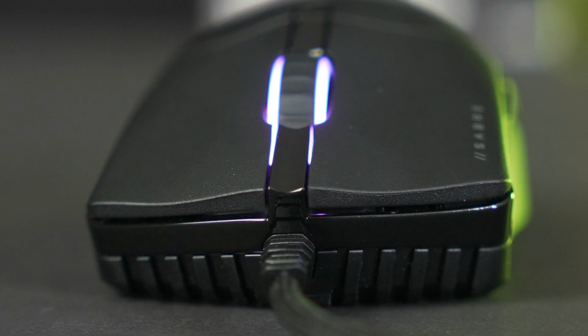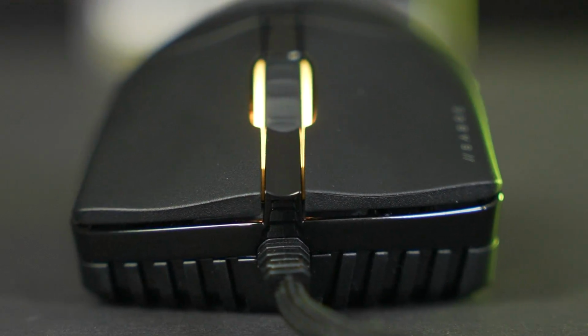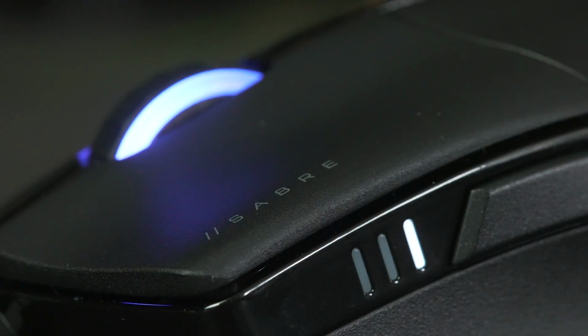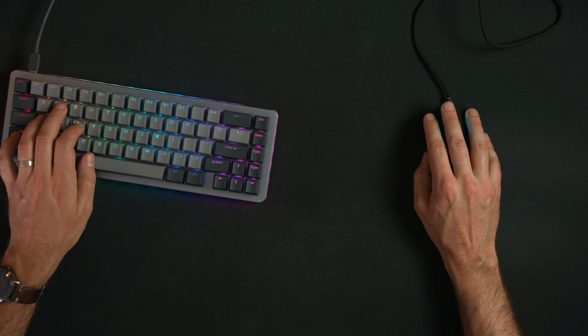And on top of those switches are Corsair's quick strike buttons. The spring-loaded design of these buttons renders no gap between the primary mouse buttons and the Omron switches underneath. That makes pressing a button instant for faster clicks, shots, and spellcasting, and adds to the overall speed of the